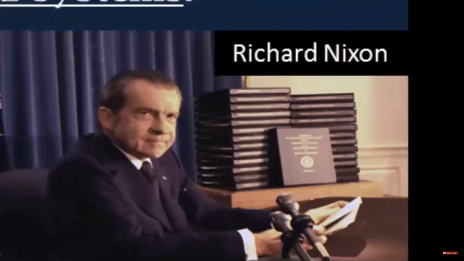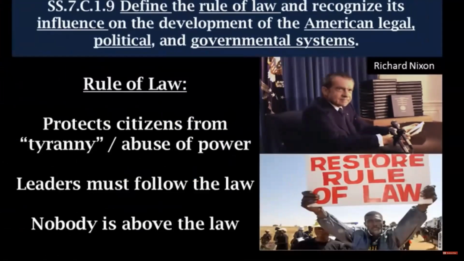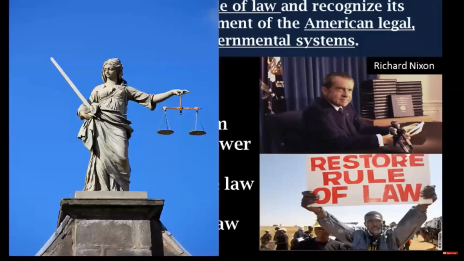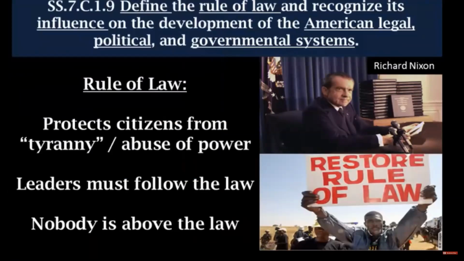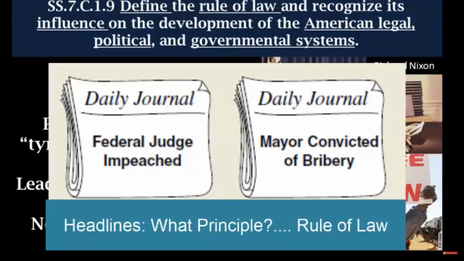President Nixon's Watergate scandal, which we will look at later, is our number one example of a leader thinking they are above the law. The rule of law is also what keeps a country safe and secure and protects our rights. If you have a question about the rule of law, it'll probably be a leader or government official doing something wrong and then getting into trouble. And your question, what principle of democracy is being shown here? Well, your answer is rule of law.